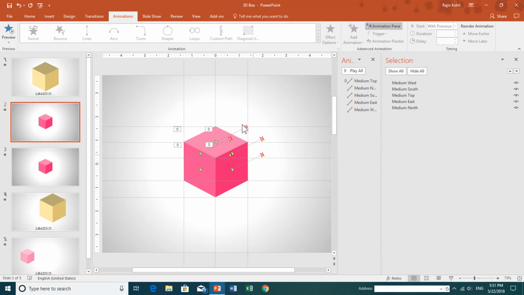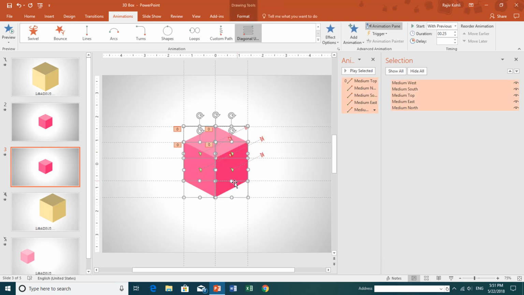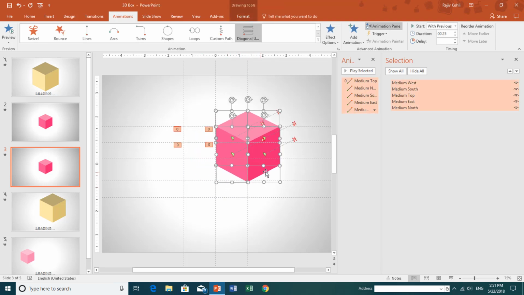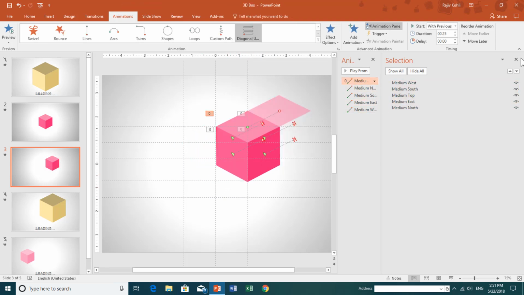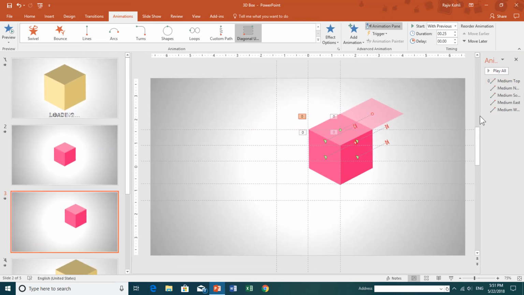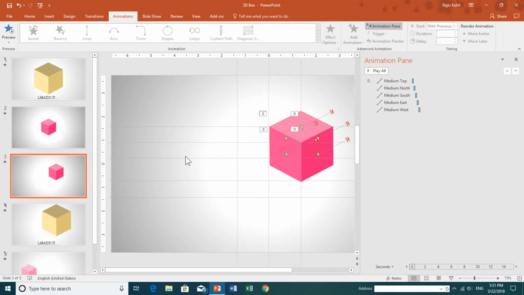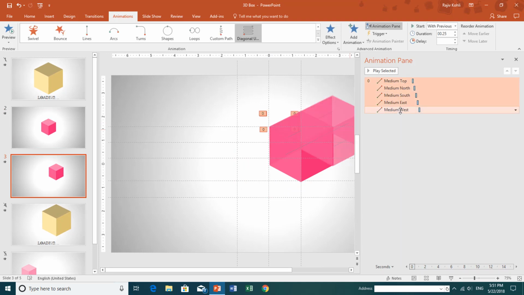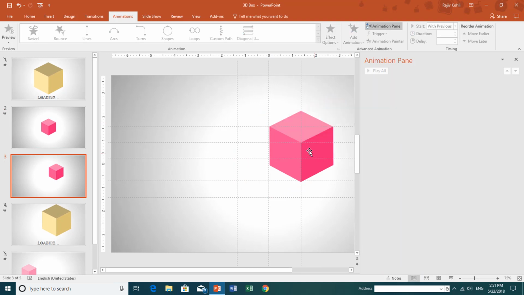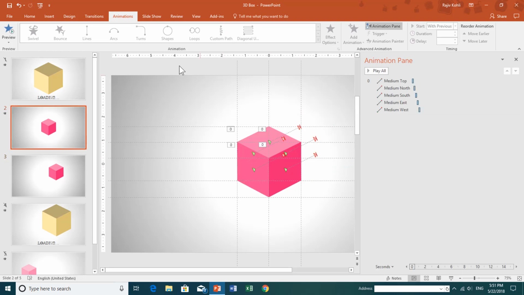Like our 3D boxes will move its entire parts on this position on the slide. On the third position I want this box to be right here where the animation is stopping. So if I just select all of them and then move them manually, you have to delete all these animations. Let me delete them all. From the third slide, select the first one, hold down the shift key, and then select the last one and hit the delete key. And if I see the slideshow,